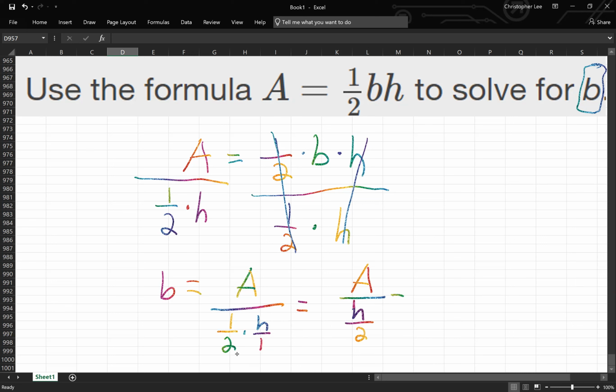And then you already know the A is the same thing. It's going to be A over 1 divided by H over 2. So keep, change, flip. This will become A over 1 times 2 over H. So we're going to change the division sign to multiplication, flip the denominator, multiply straight across. Final answer, 2A